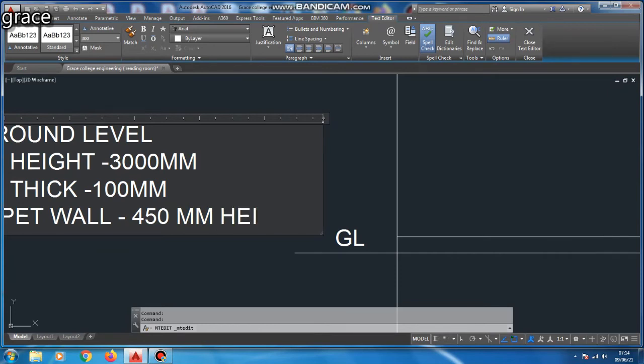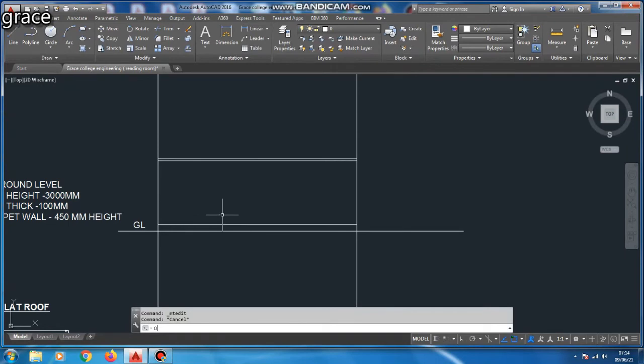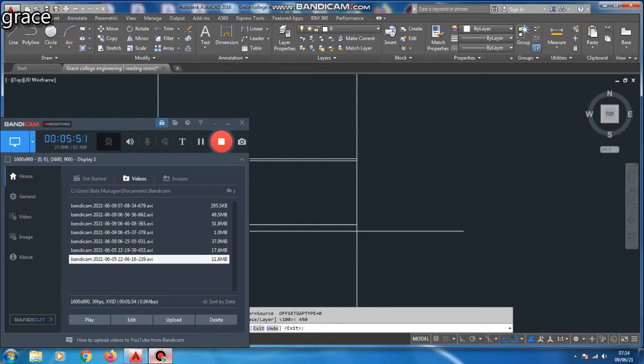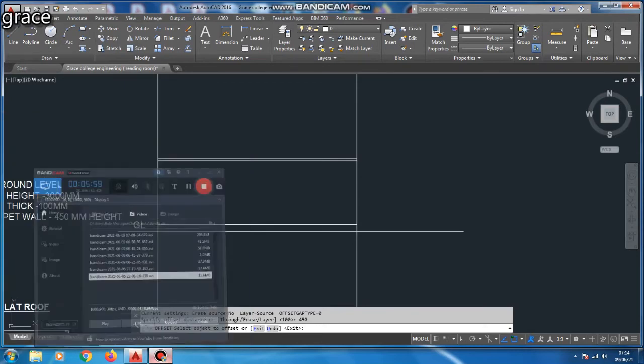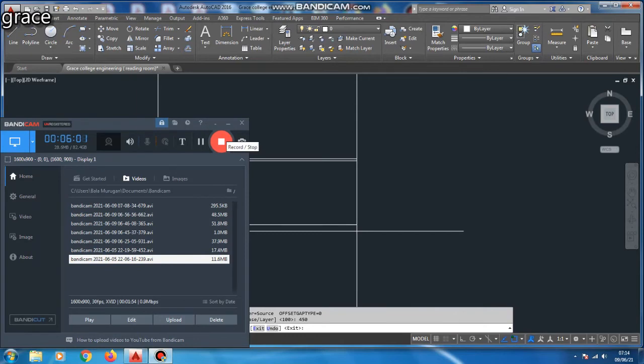By using the same offset command, we are going to draw the parapet wall line for our room. After drawing this parapet wall, we are going to draw a lintel beam height and a lintel beam thickness.